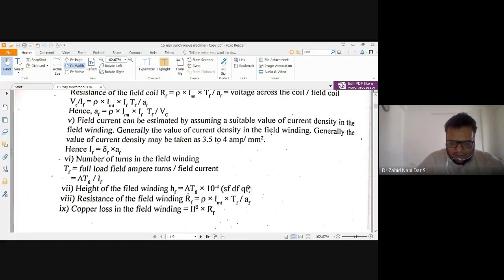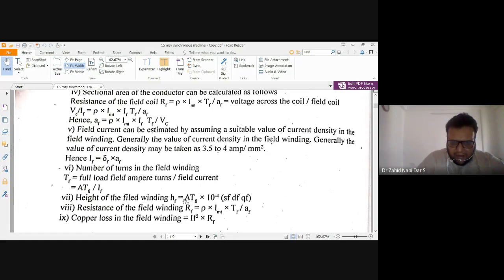What are these terms? SF, if it is given, your rectangular cross section is there. Here there is some mistake. That's what I wanted to tell you. Somebody was asking me the other day, sir, please send us the scanner. Now, if I send you the scanner, here it is showing height HF is equal to ATFL in 10 power minus 4, wherein clearly we know that it's not 10 power minus 4, it has to be 10 power minus 3. So don't worry why I have taken it.